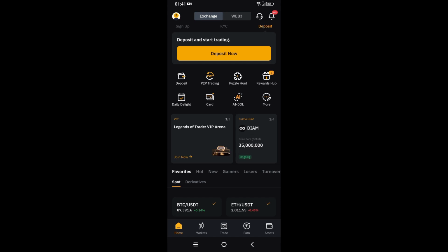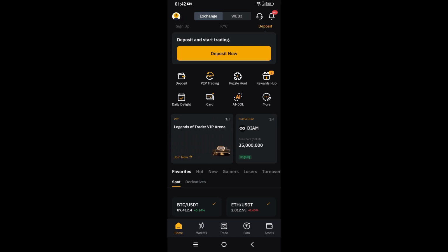How to transfer funds from Bybit to Bybit. So funds, it could be any kind of crypto: USDT, Bitcoin, Ton, any kind of crypto that defines the funds. Now, after that, what you need to do, make sure to log into your account on Bybit, and after that,